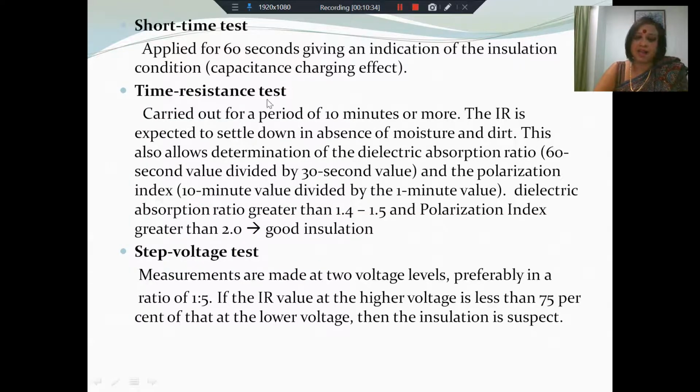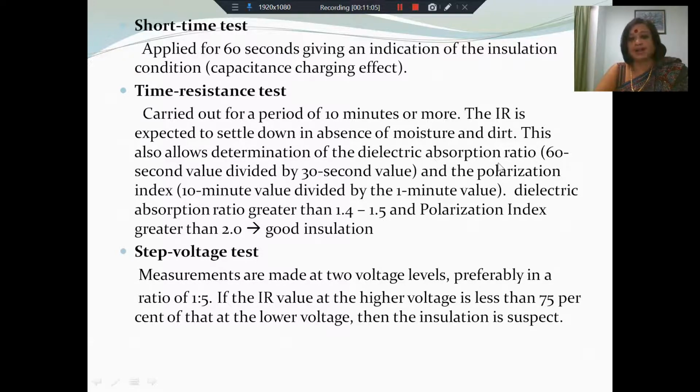Then we have the time resistance test. The time resistance test is carried out for a period of 10 minutes or more. The insulation resistance is expected to settle down to a steady value by 10 minutes. But this is in the absence of moisture and dirt. If you have a lot of moisture or a lot of dirt, then the current may continue to fluctuate. When you carry out the time resistance test at 10 minutes or more, you are able to determine what is called